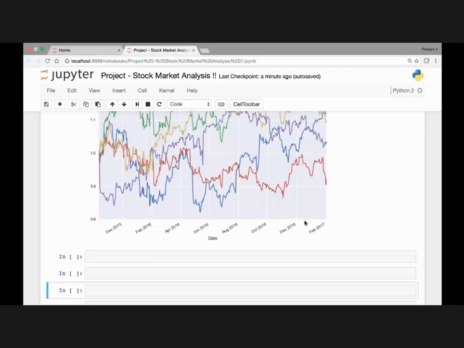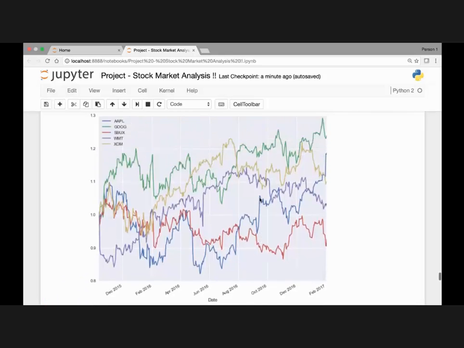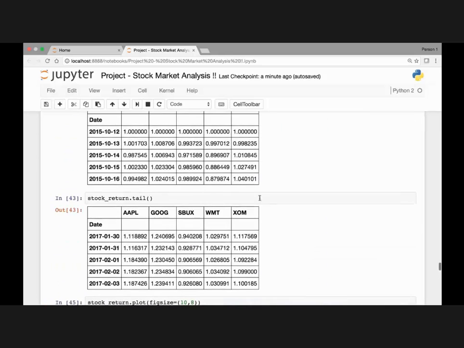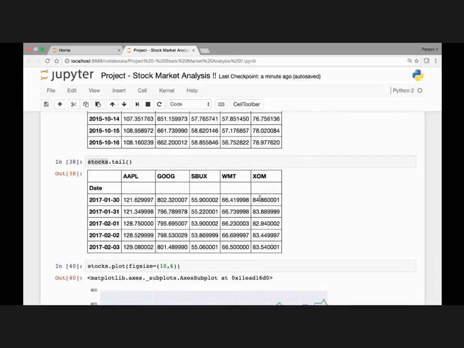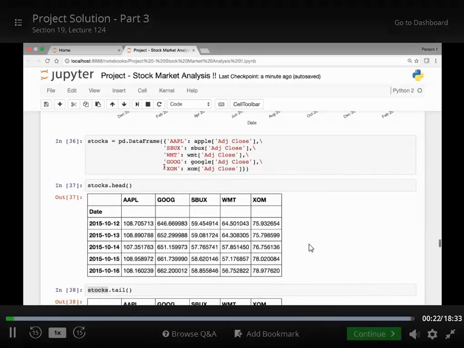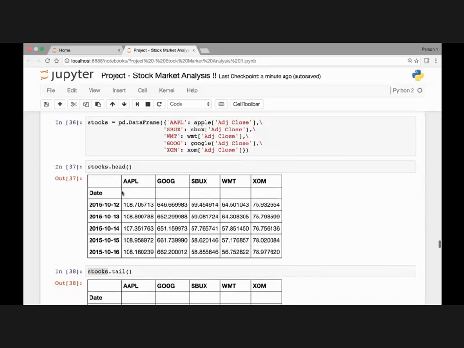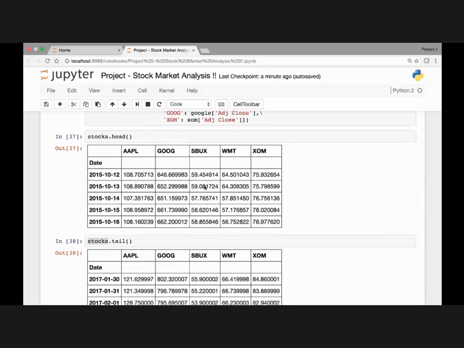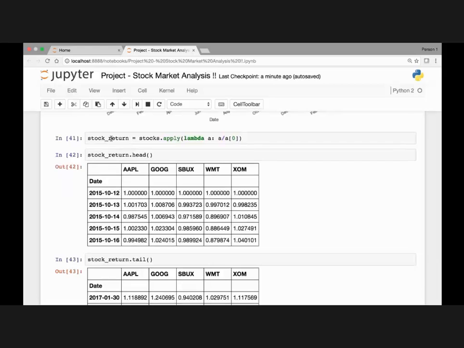Welcome back. In this lecture, we'll continue our discussion on the stock market analysis project, and we'll try to see if there is any correlation between our stocks. In the previous lecture, we made a data frame from our adjusted close amount, right? And we saved this in a variable called stocks, and this is what our stocks data frame looks like. We have the adjusted close amount for each of the stocks, and then what we did was we calculated the